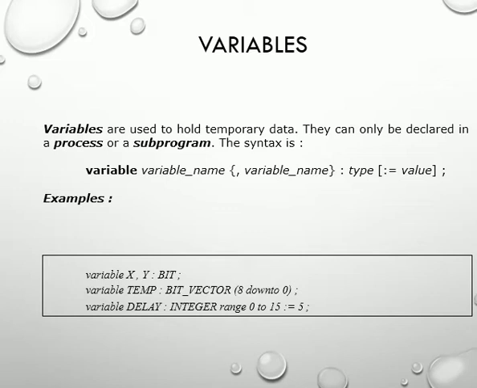Okay, then another example, that is a variable delay, which is an integer type and it has a range. So here a range is given for this integer, range 0 to 15, that means this delay will vary from 0 to 15, that is specified, and the initial value is also specified here, which is 5. So in this example you can find that the initial value is specified, then the range of that integer is also specified. Okay, so these are the variable data objects.